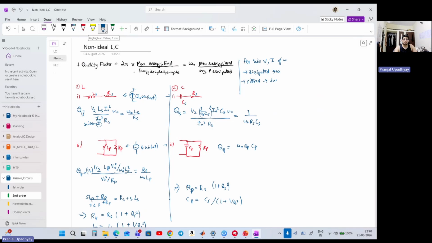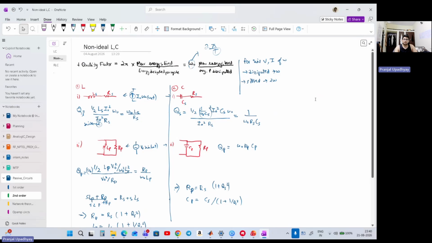Alternatively, the same formula can be translated into omega naught times max energy stored divided by the average power dissipated, right? It's not exactly the resonant frequency. This is nothing but 2 pi by T, where T is the time interval, so it's not really correct to call this omega naught the resonant frequency. Anyways,